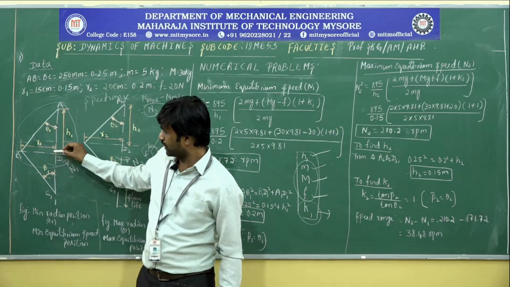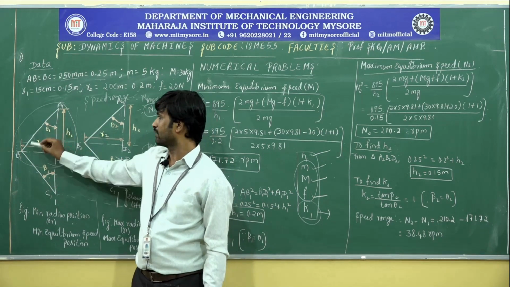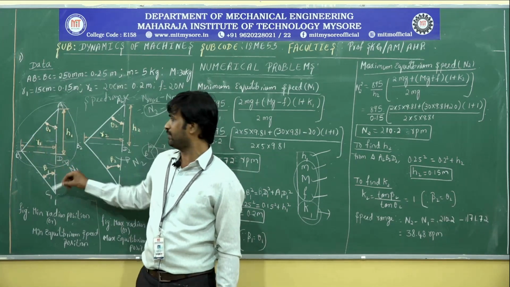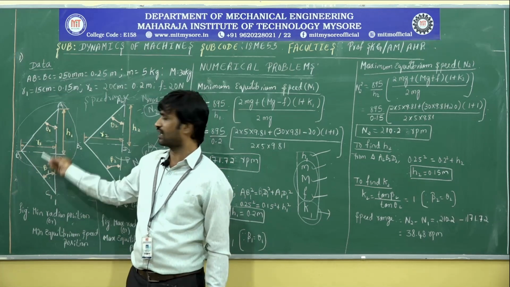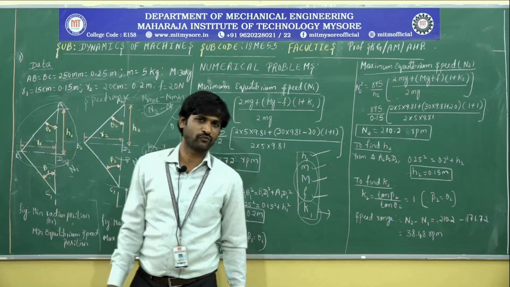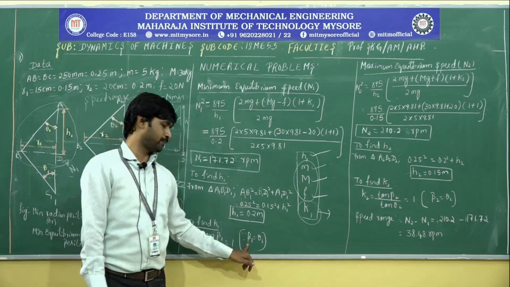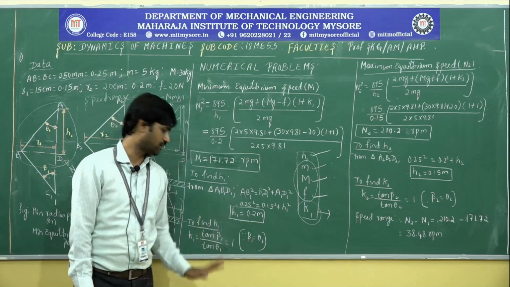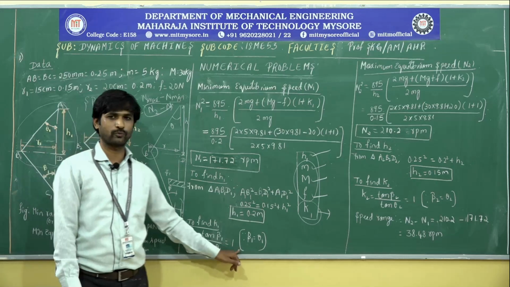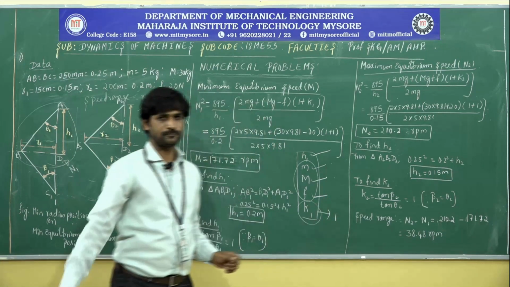you can see that these two triangles will be symmetric in nature, because the length A1B1 will be the same as B1C1, and length B1D1 is common to both. As a result, both are symmetrical in nature. So when the two triangles are symmetrical, obviously the value of beta 1 will be equal to theta 1. So when beta 1 equals theta 1, the value of K1 turns out to be 1. So for this case, the value of K1 is 1.